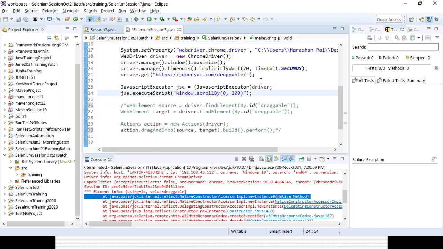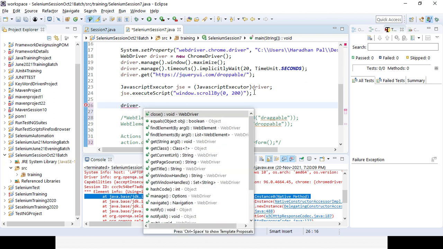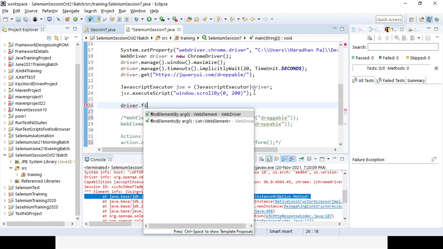So even before, I can go to the frame here. How can you get the total number of frames? You can find out with driver.findElements, because it will be findElements, not findElement.